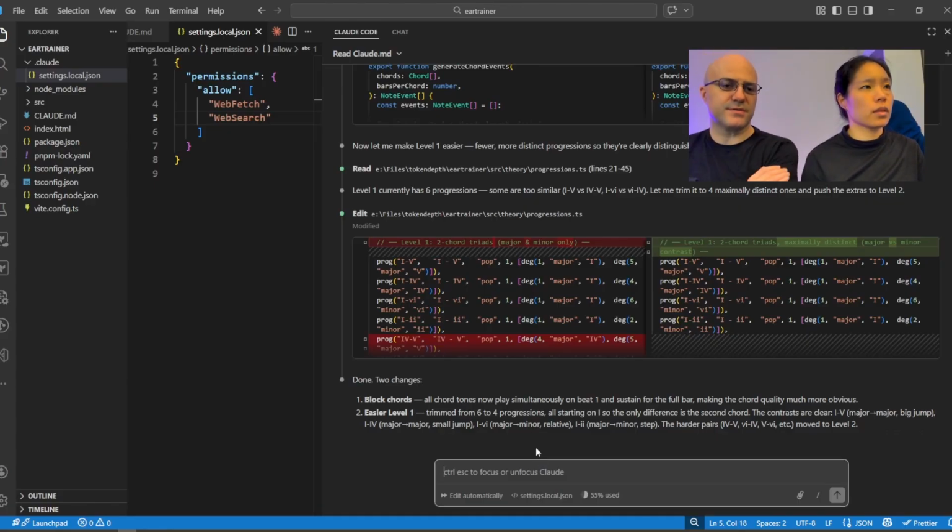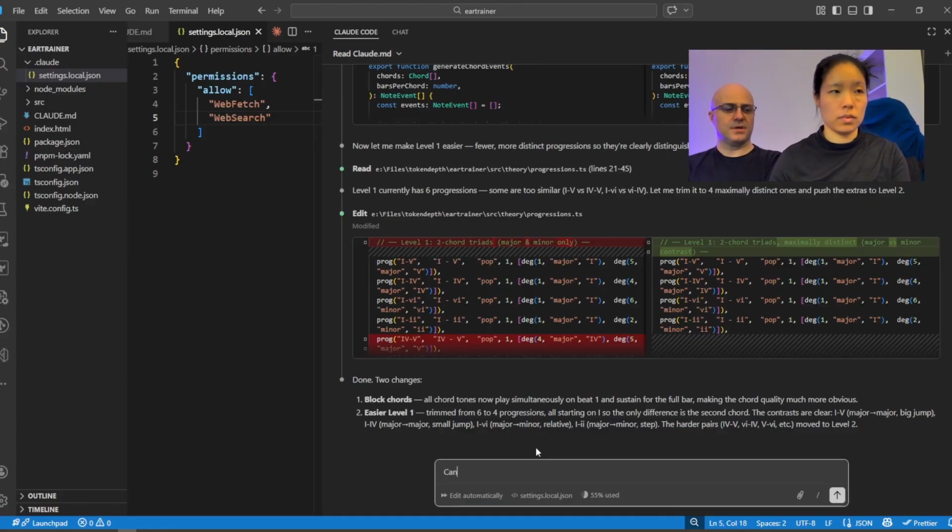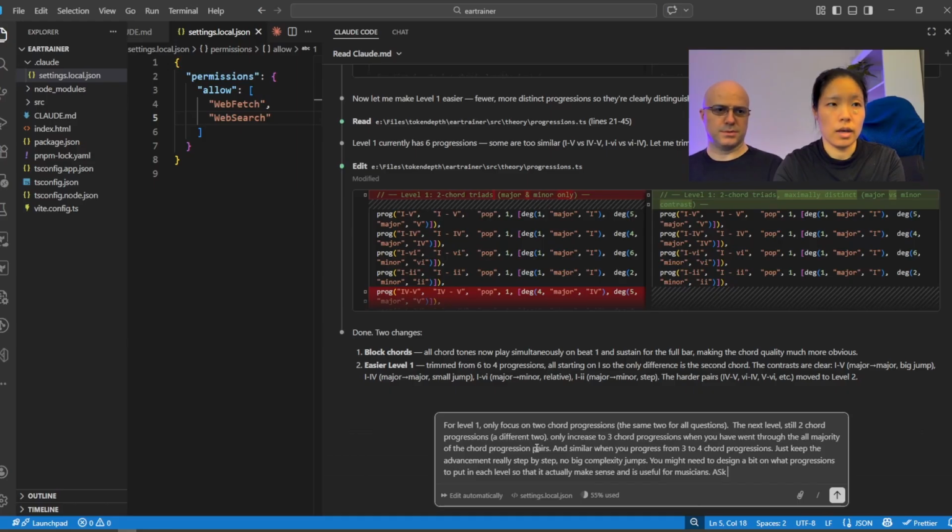Okay. Well, you can provide that feedback. You can even tell it, at the first level it should be 2 distinct ones, at the second it should be 3, at the fourth it should be 4. Something like that. Ask me questions if you have any.